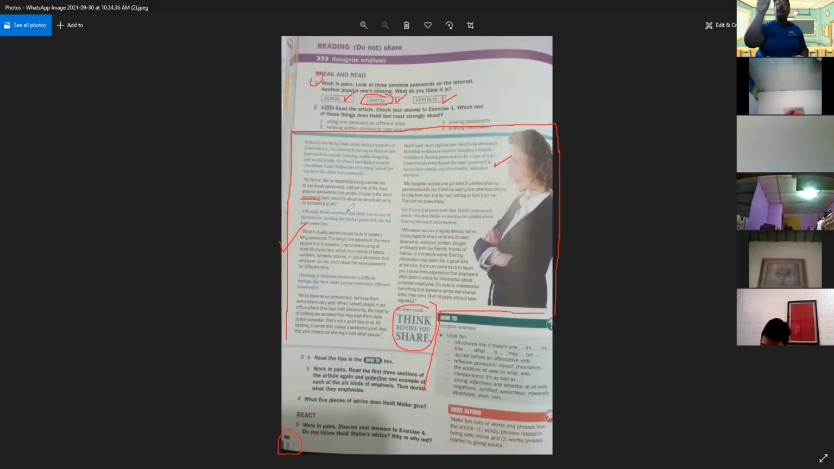O sea que ese póster al final debe tener entre los de Heidi y los suyos mínimo 4 advice, máximo 6 advice. ¿Ok? Que sería mínimo 1 de Heidi, 3 suyos, o máximo 3 de Heidi, 3 suyos. ¿Ok? That is the evaluation of the activity for the next